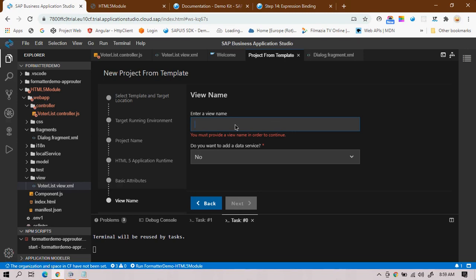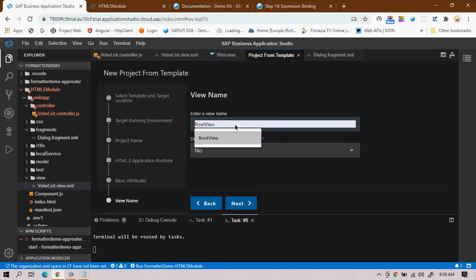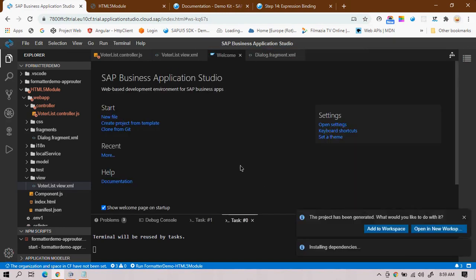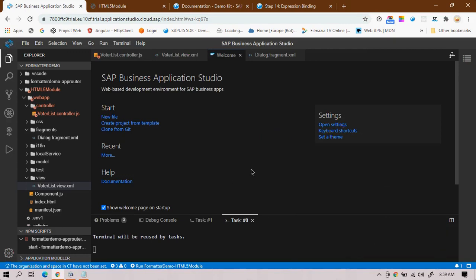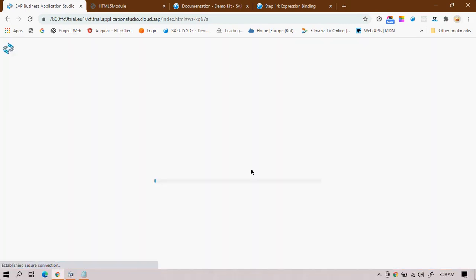Never create anything in this view. I'll make it the root view, under which all the other views will come. So this is the initial view, the root view. I'll just click next, and I'll open it in a new tab.